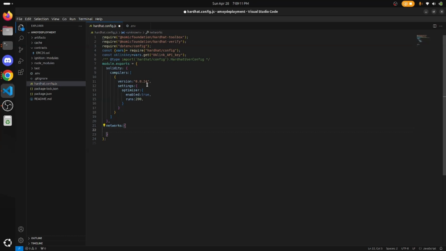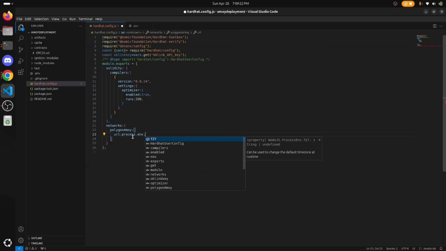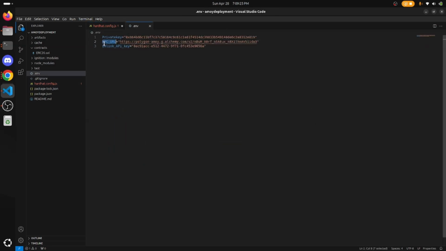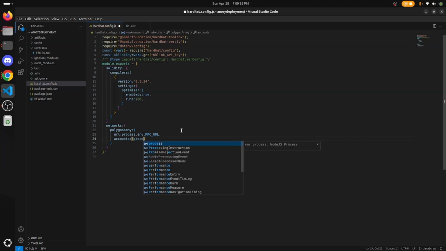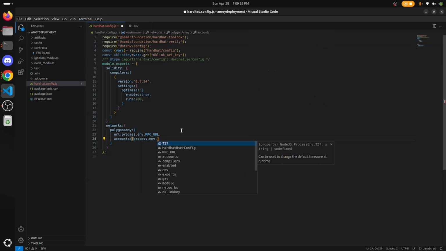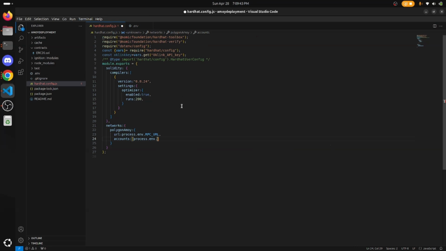We need to define Polygon Amoy also here. Polygon Amoy. I have created a name for it. We need the URL, which will be process.env.RPC_URL. Okay, so the accounts we require, then this and then process.env. Okay, so what is the name of the variable? Private key. Just copy this and paste it here. After this, okay, so it is set up, and